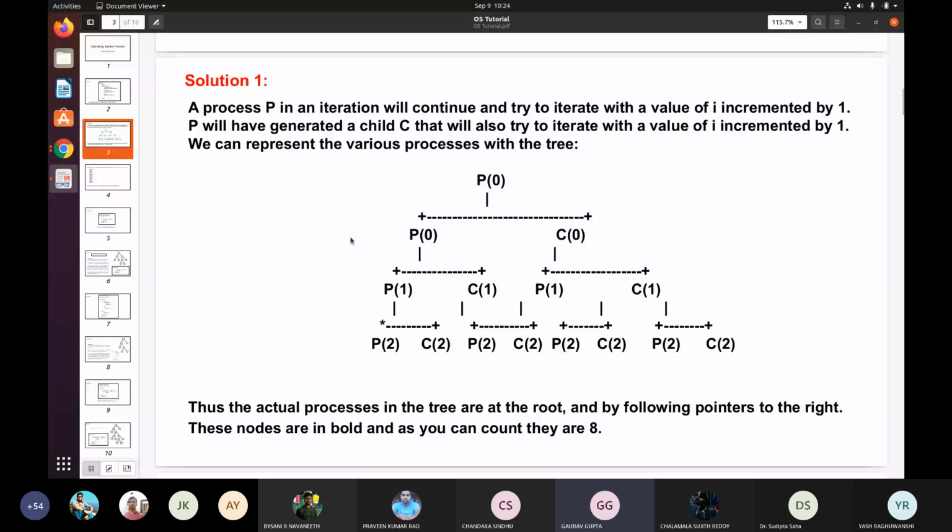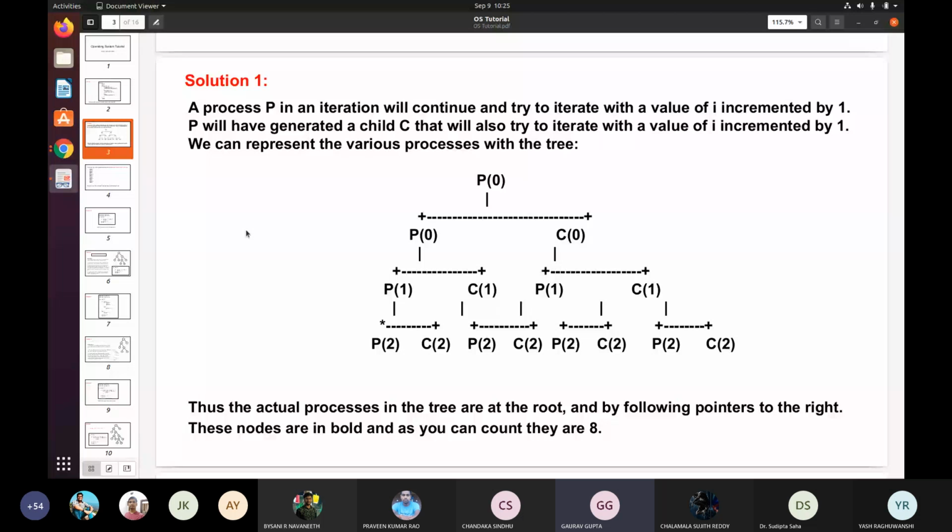Okay, so for doing such types of questions, one thing we have to do is try drawing the tree whenever they are forking. So in the first main process, let us say iteration 0, so P0, if we have forked it, it will create two processes, let us say P0 and C0. Now, in the P0 part, the PID will be 1, meaning PID will contain the process ID of the child, and in C0 it will be 0. So this C0 will print child process 0, and P0 will print parent process 1, 0.